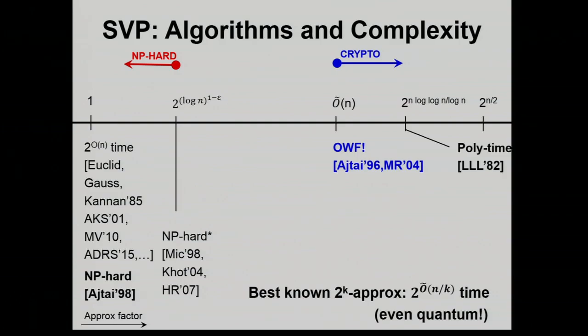So look at this. There's a little bit of a conundrum here. Cryptography needs to assume that an approximate shortest vector is hard. That's the best we know at this point. In fact, Ajtai started from something like n to the 6 or n to the 8, I'm not quite sure exactly what, but the later work of Micciancio and Regev, beautiful work again, reduced this approximation factor to n. So it's better to base cryptography on smaller and smaller approximation factors, as it gets harder and harder. It's better to move left for crypto. So that's what crypto is. That's what the NP hardness regime is. So there is this amazing open question in cryptography, which is, can you build any kind of cryptography from NP hardness?